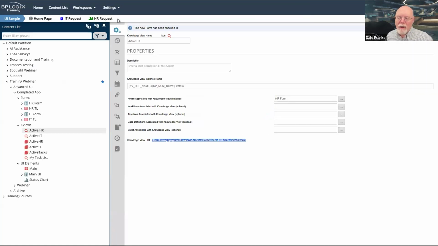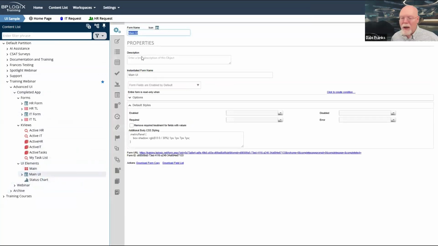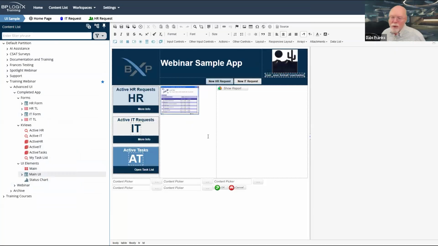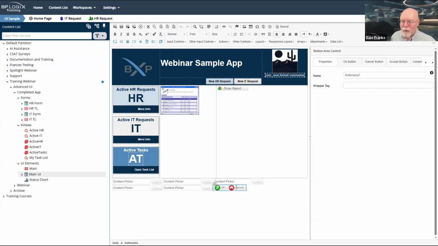So if we just go back and look at my form, since I've now pretty much configured everything, we don't have to manually configure anything else. All I've really done is for each of these buttons, and there are 5 of them, I'm going to need 5 content pickers, each to supply the appropriate ID for the iPop-up simple command that I am passing along to each of these buttons that are on the form. 5 buttons, 5 controls, and of course my hidden button area control.